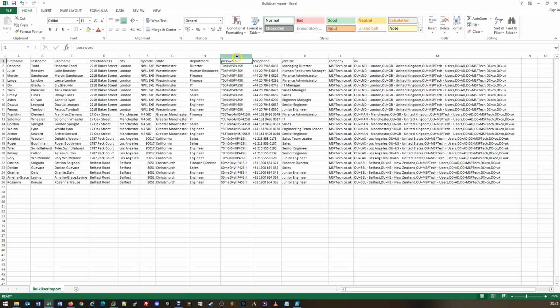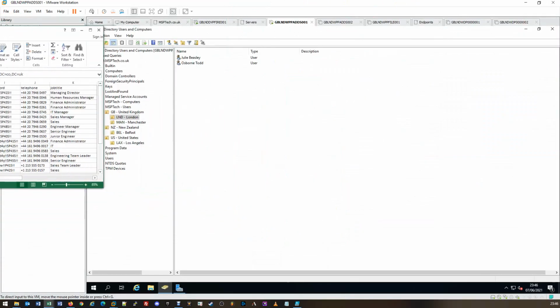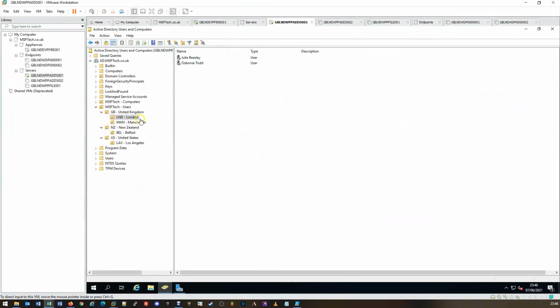The last part of the CSV document is the M column currently, which is the OU location, or the organizational unit. In this case, this has been pre-populated from our AD, and in order to get this location, we need to check Active Directory, and we can pull this from the organizational unit that the user is going to go into. If we take a look at that now, in the first example, we have our users in